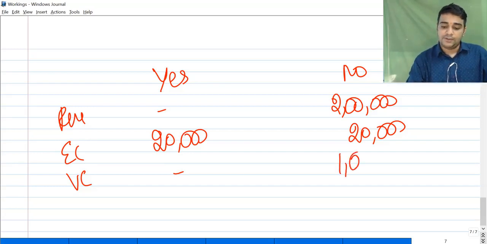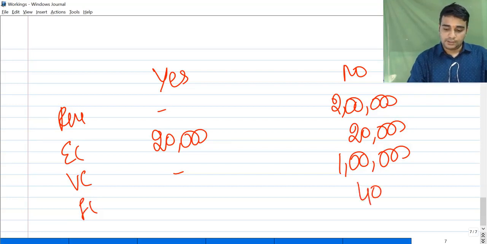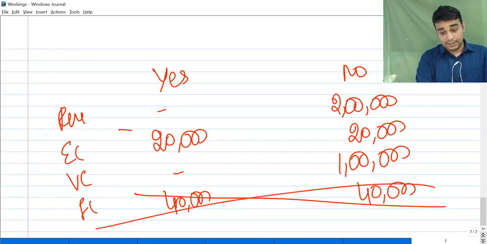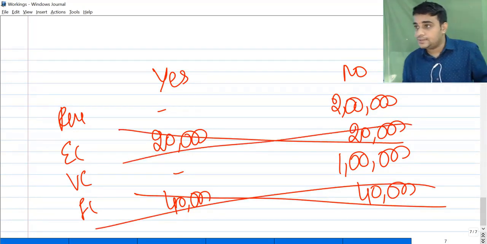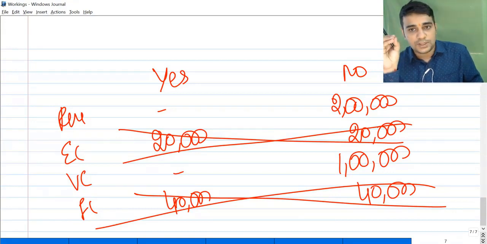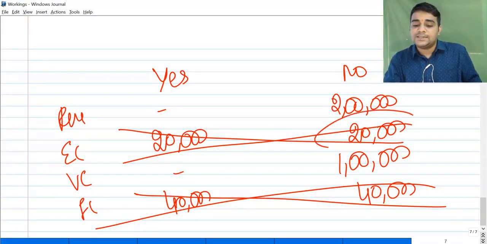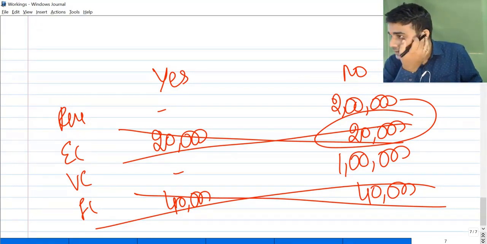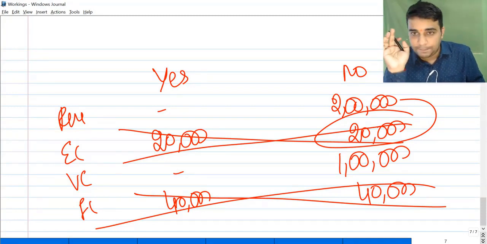This project was having a variable cost of 1 lakh. Fixed cost 40,000, this side also you put 40,000. So this 40,000 is irrelevant. Technically this 20,000 is also irrelevant. The only problem is normally when they give contribution in the question, they will end up subtracting this irrelevant item, because normally contribution means sales minus variable cost.